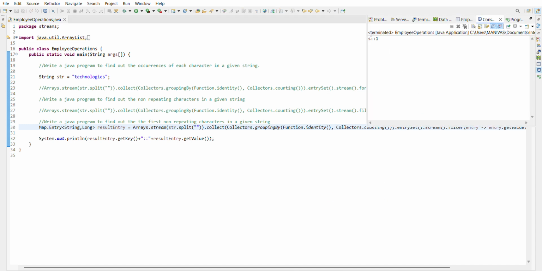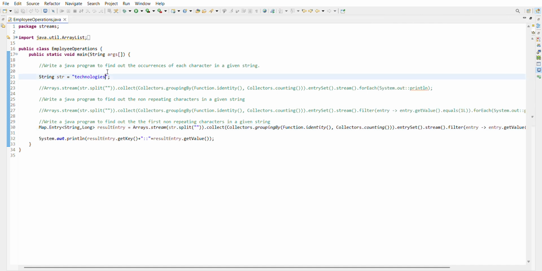See, it's giving yes coming at the last. Okay, so insertion order is not maintained in the map, right? So that's why I'm using the linked hash map. Okay, till now